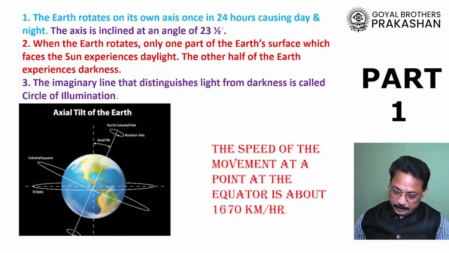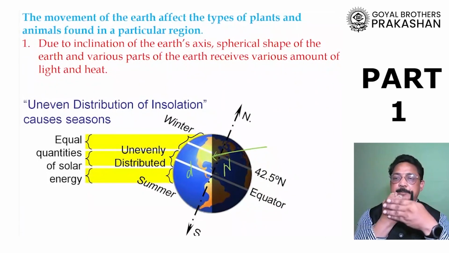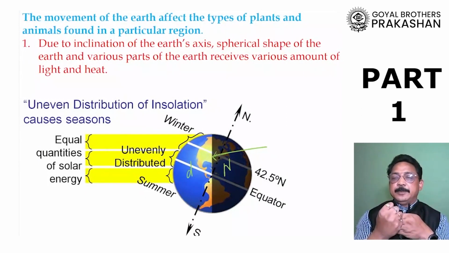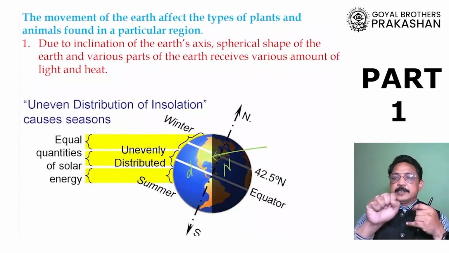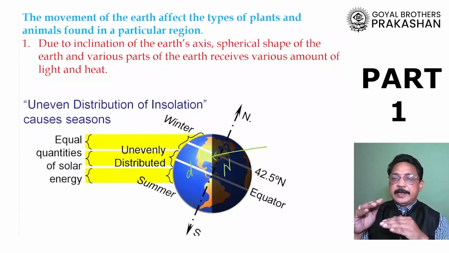Now the third important point, dear student: this movement of the earth is very important, because during the daytime, here there will be more light, and on the opposite side there will be darkness. Where there is light the temperature will be high, and on the other side the temperature will be low. When the earth rotates around itself, here it will be day, here it will be night. So we find variation in temperature because of the rotation of the earth.